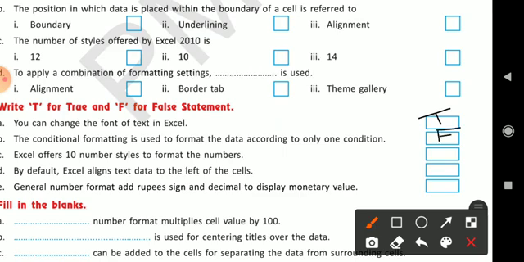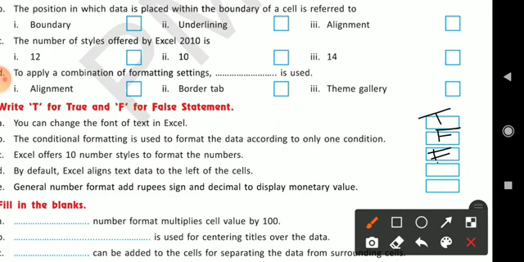No. There are many more conditions given which you can use for conditional formatting. There is no restriction for using only one condition. So it is false. Excel offers 10 number styles to format the numbers. This is also false because it provides 12 different number styles to format the numbers.